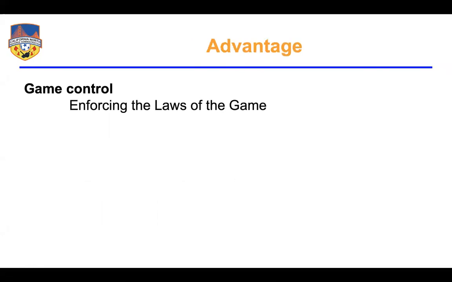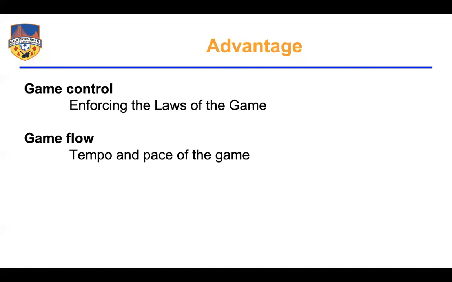So there's two primary factors that we take into consideration for advantage. These are not the considerations. These are just the two bigger picture factors. The first is game control. The reason we call fouls is to establish match control. That's why we blow the whistle, so that when players do things that are wrong or going to hurt somebody, we can stop the game and indicate that's not something we're going to allow to happen. So the sheer nature of calling fouls is to establish game control, to establish a fair way to play the game so that everybody is safe.